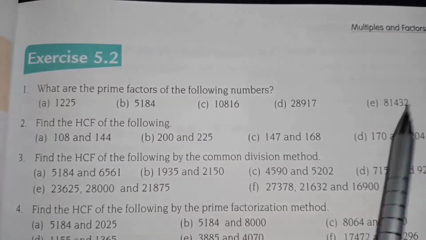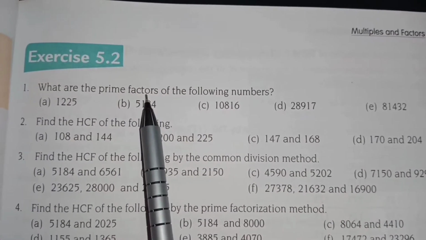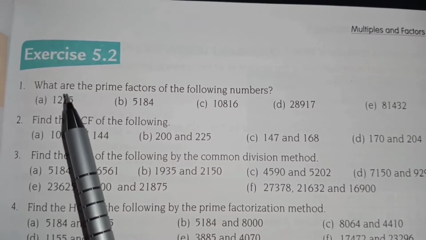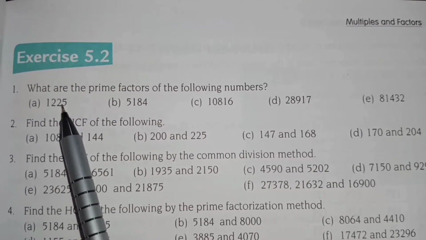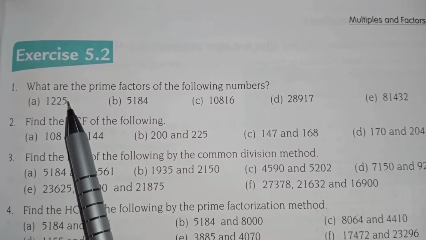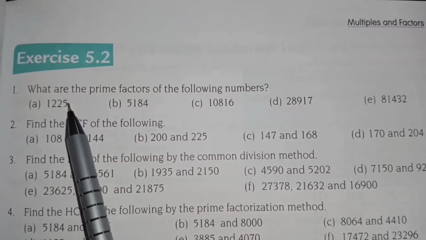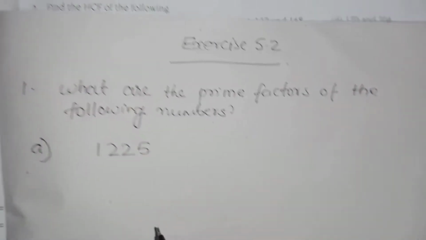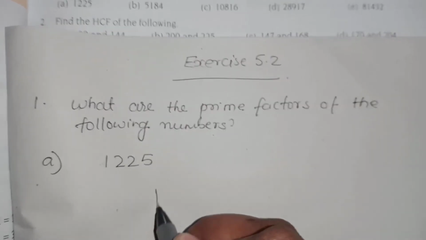Here a few numbers are given. We have to find the prime factors. We will find the prime factors by the use of prime numbers. You already know what prime numbers are: numbers that are divisible only by their own table or by 1. So let us start. Now see here how to do it. What you will do is write here